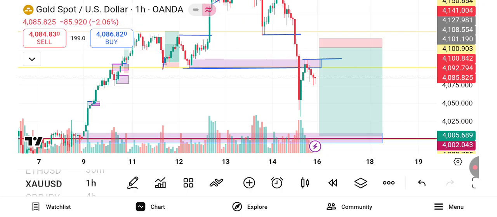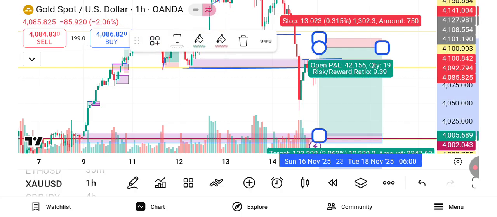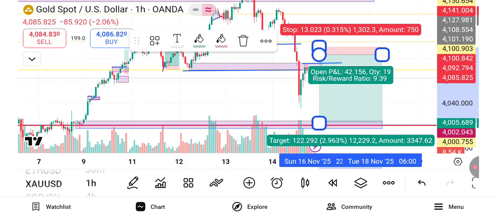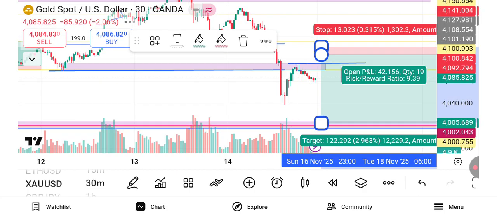And if you could check, this is a 1 to 9 risk reward ratio trade, guys. You're risking 130 pips to catch 1,230 pips. So if I go down to my 30-minute time frame for more confirmation, I like to just take my trade